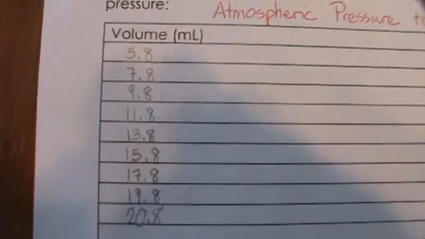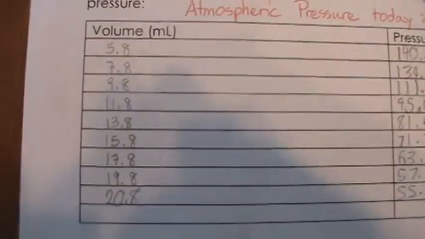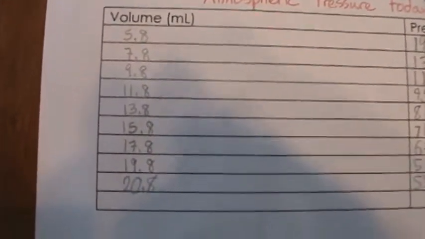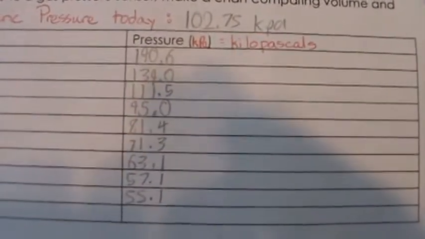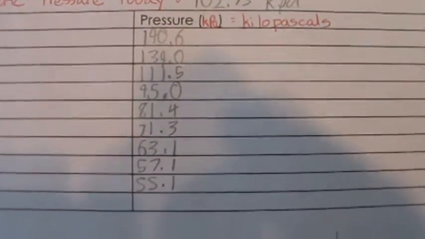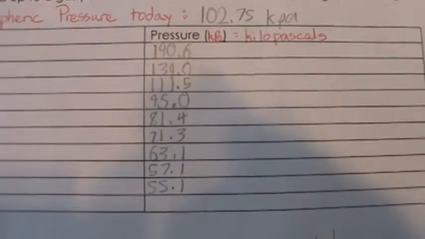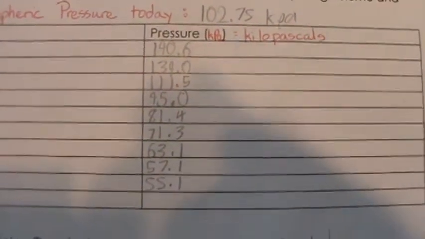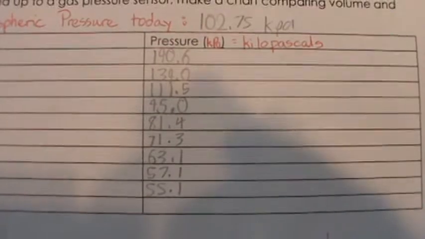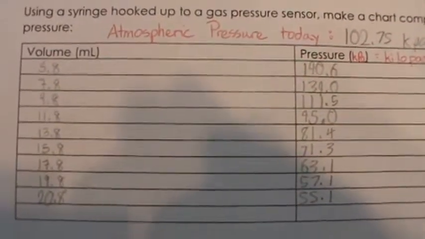ahead and take a look here. These are the values you need to have for the milliliters. Okay? And then these are the corresponding values that you need to write down for the pressure. 190.6, 139.0, 111.5, 95.0, 81.4, 71.3, 63.1, 57.1, and 55.1. Okay? All right. Now, the next thing that I want you guys to do, and now you should remember this